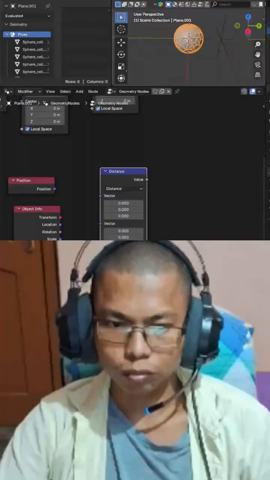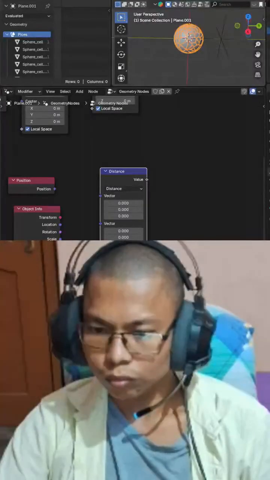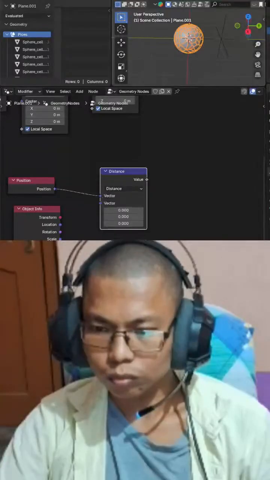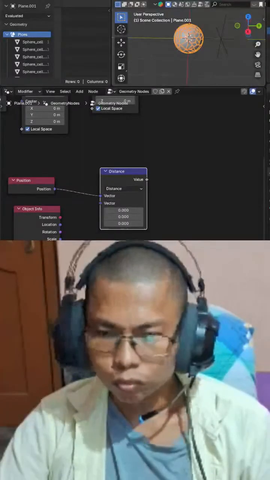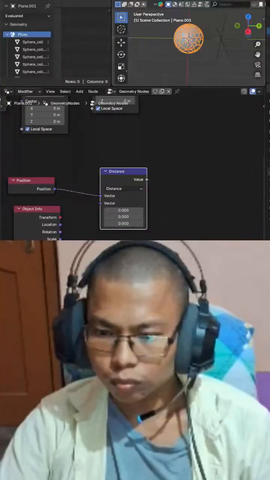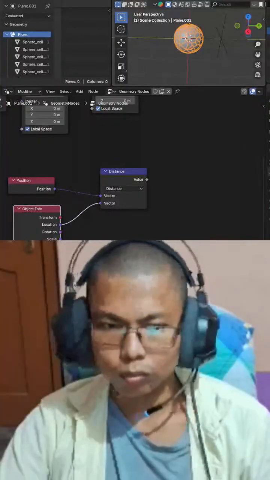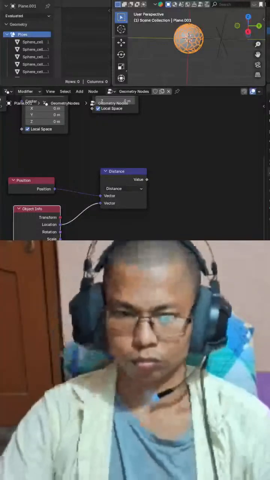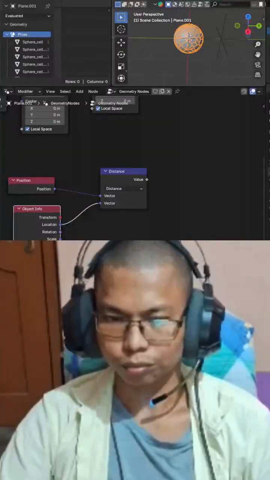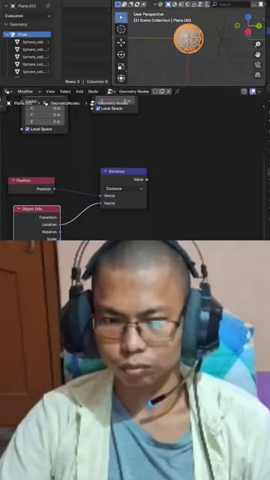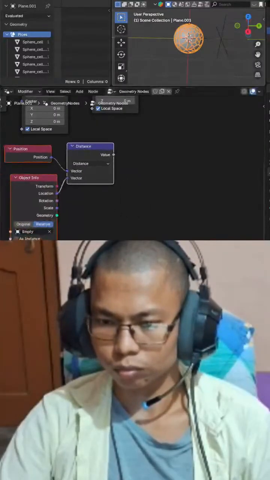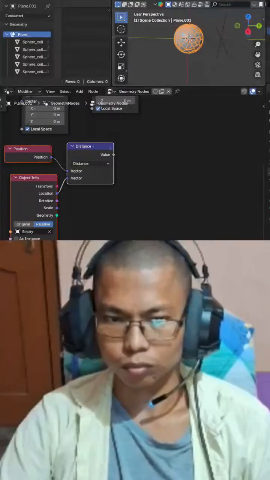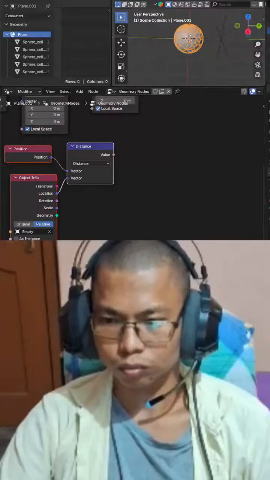So now we're going to hook up the position right here and the location right here. And what this does is give us the proximity from this empty, pretty simply. So let's go and move this over a little bit. And what we want to do next is use a map range node